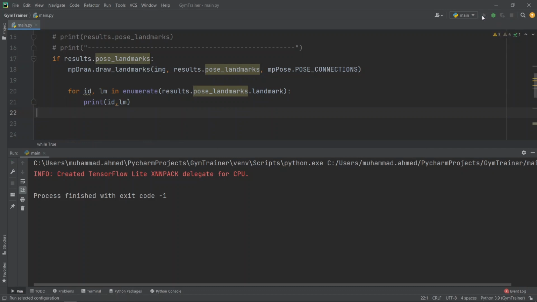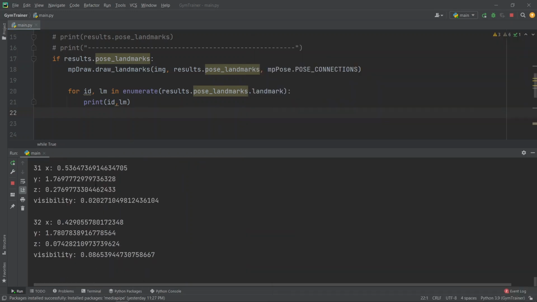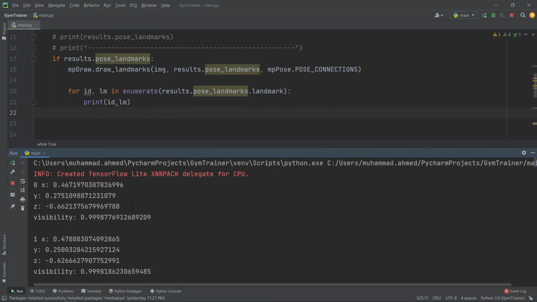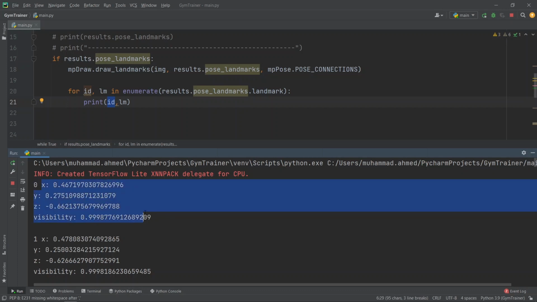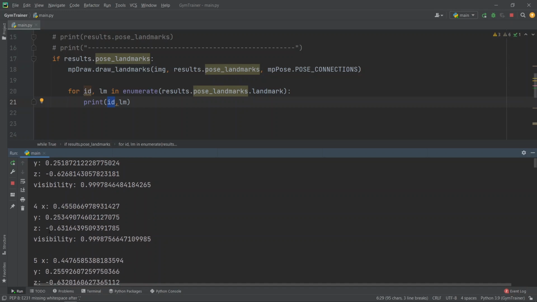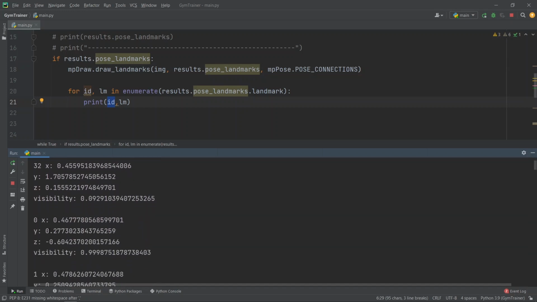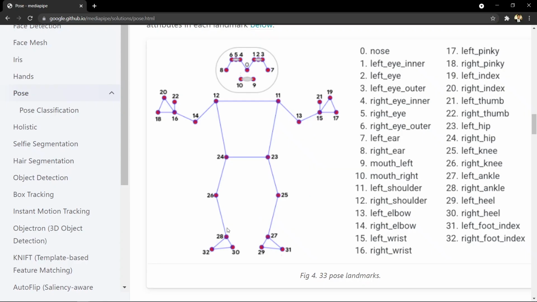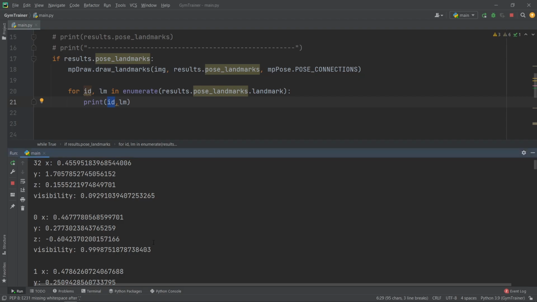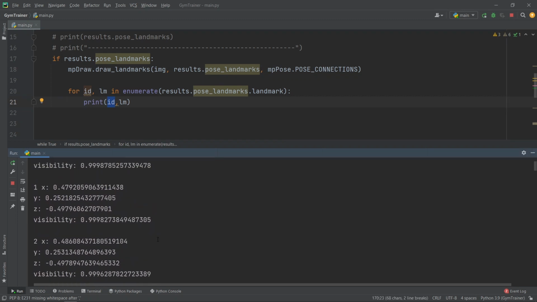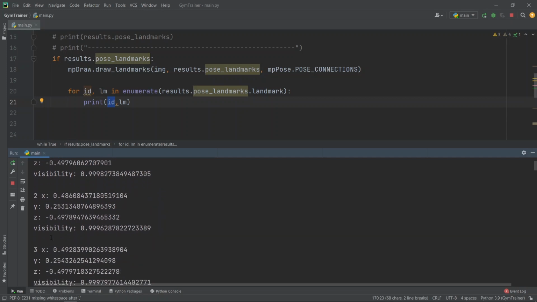if we run it, yeah, so here let me just take you to the top. Here we are getting the 0th, which is this 0, and we are getting the landmark. So for the landmarks, we are getting the X coordinate, Y coordinate, and Z coordinate. Same for the 1, same for the 2, same for the 3, and all the way to the 32. So the last point we are getting is this one. And then again, for the next iteration, it is providing us all the points from 0th all the way to 32, and then again from 0 all the way to 32.